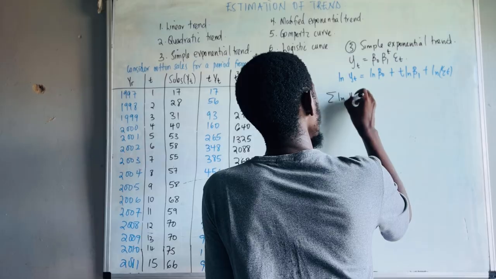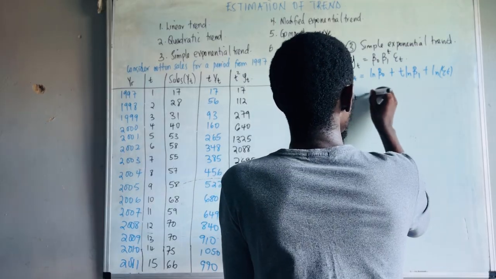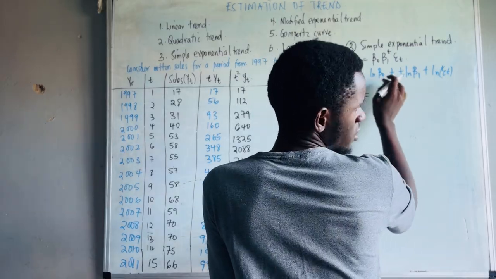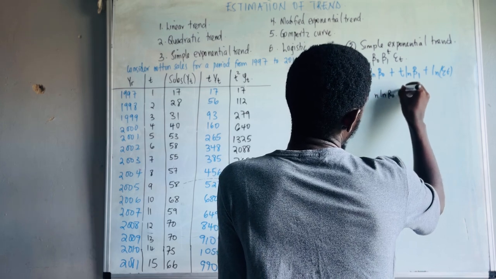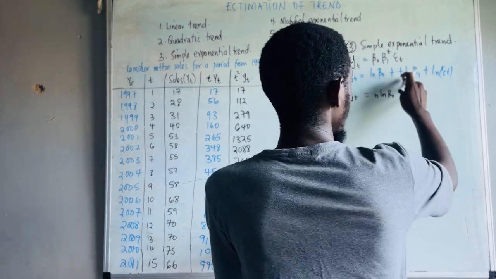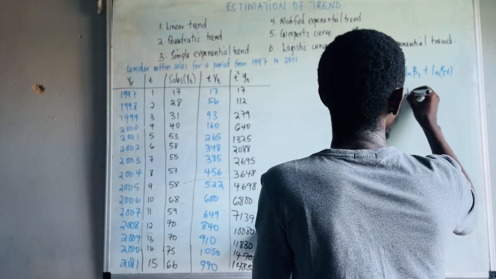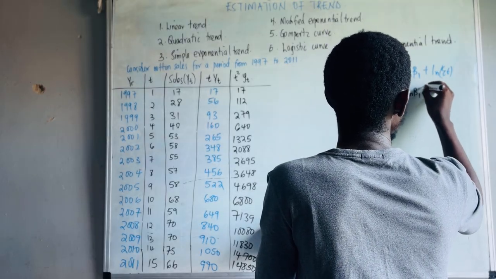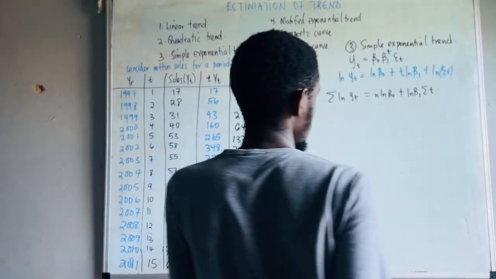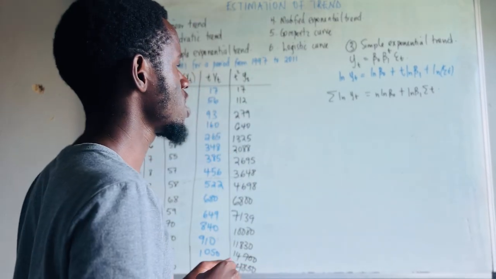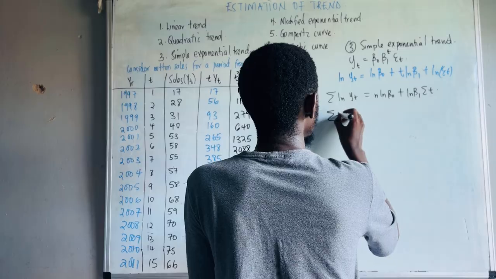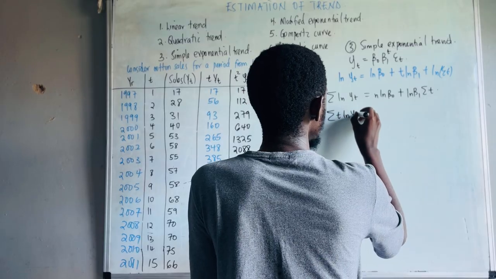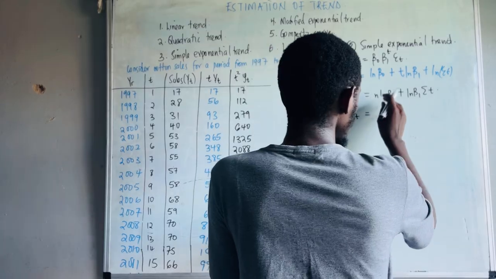we also scale it with our price, summation both sides. Just need to have summation yt, ln beta naught t, and then now ln, our first equation. Then our second equation is going to be in the form of